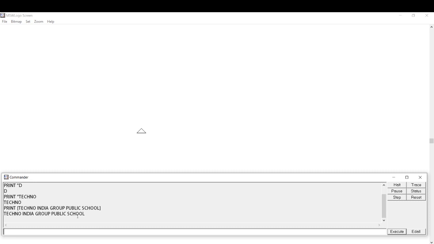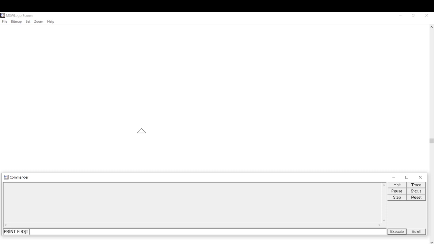Okay, so in this way you can print numbers, you can print a letter, or you can print a sentence as well. Now let us start with the print first command. Okay, print first. So what exactly the print first command will do is, it is used to display the first word of the sentence. It will display the first word of the sentence given in the square brackets, or it is also used to display the first character of a word.